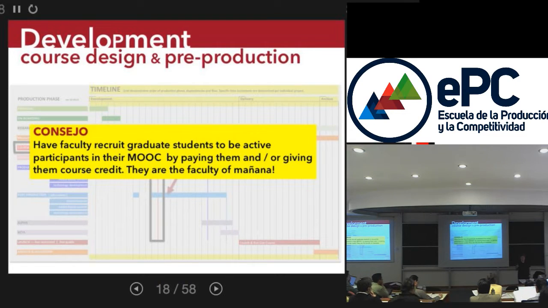In one example, we do both. We separate what credit would be: learning how to write learning objectives, learning how to write goals, learning how to write and design assessments to support those goals and objectives, because they are the faculty of tomorrow.